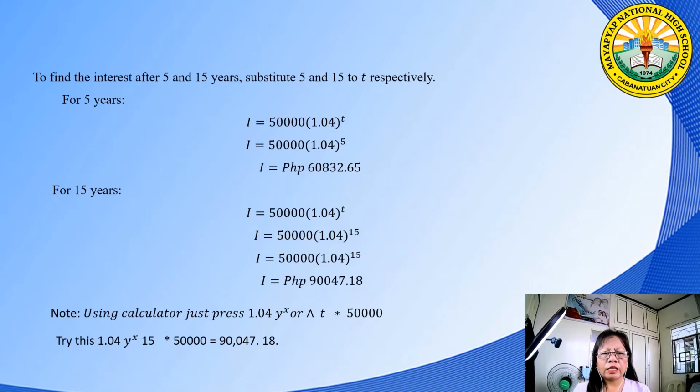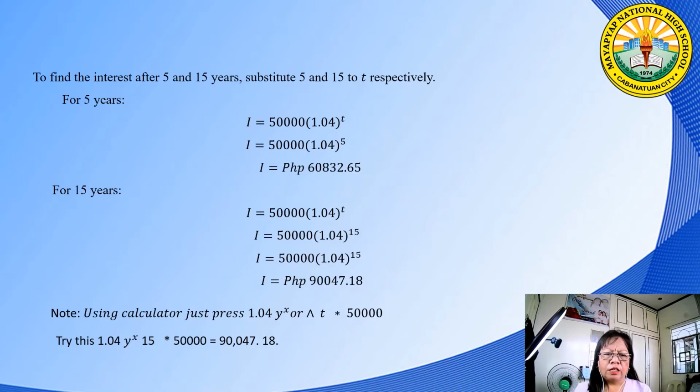I equals 50,000 pesos multiplied by 1.04 raised to 5. Therefore, the interest for 5 years is equal to 60,832.65 pesos. And for 15 years, use the same formula, but you replace T by 15 years. So I is equal to